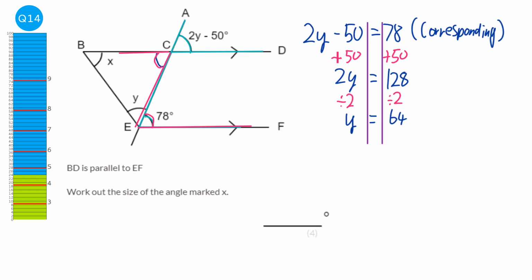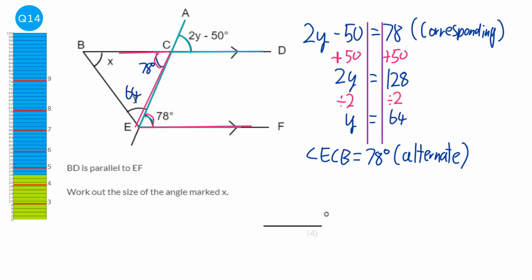So I can write that down here. So angle ECB is equal to 78 degrees. So this will be 78 degrees. And the reason for that is alternate angles. And then finally, if we know this is 78 and we know that this is 64, because we know